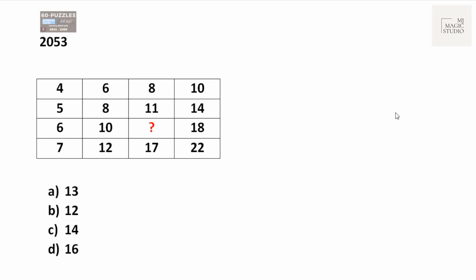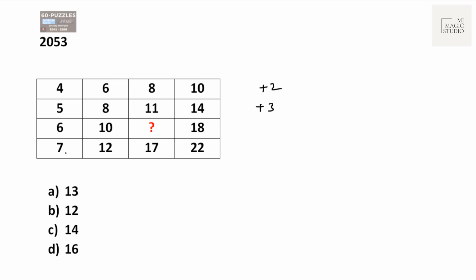Yes, this one, exact question. And why did I pick this? Because this was the easiest of the lot. Sometimes it's so easy that we start investing time thinking whether it can be that easy or not. Now, how is it so easy? Let's just identify how the numbers are moving. 4, 6, 8, 10, it is plus 2. 5, 8, 11, 14 is plus 3. 5 plus 3, 8 plus 3, 11 plus 3.